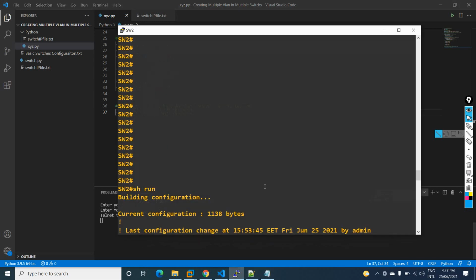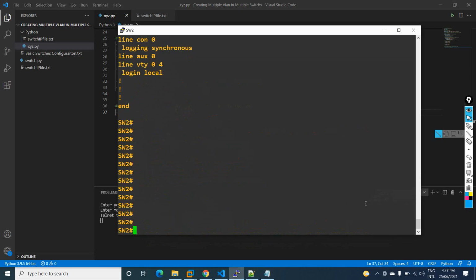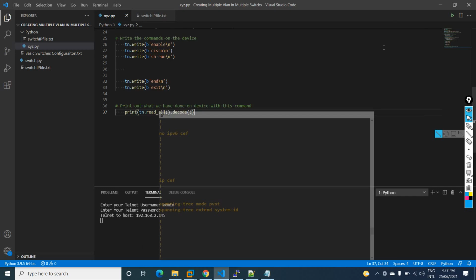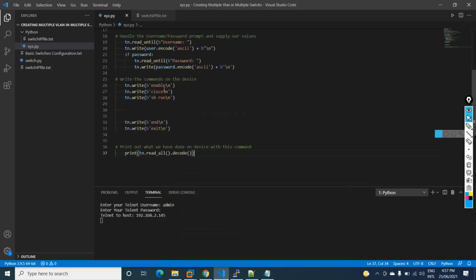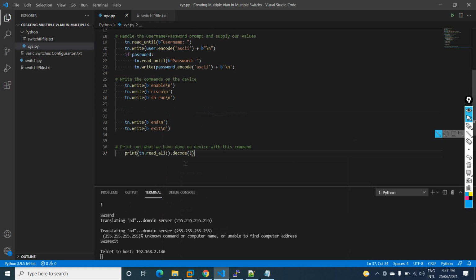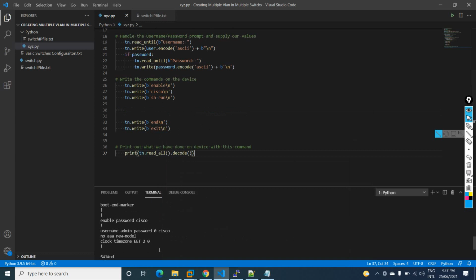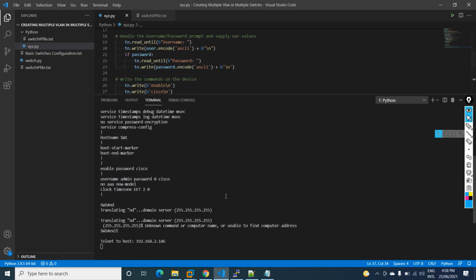Let me see what is happening on the device. It will go to the devices one by one and perform the operation: enable and the enable password, then it writes show run, and the remaining configuration is shown here. So our commands are working 100% perfectly.